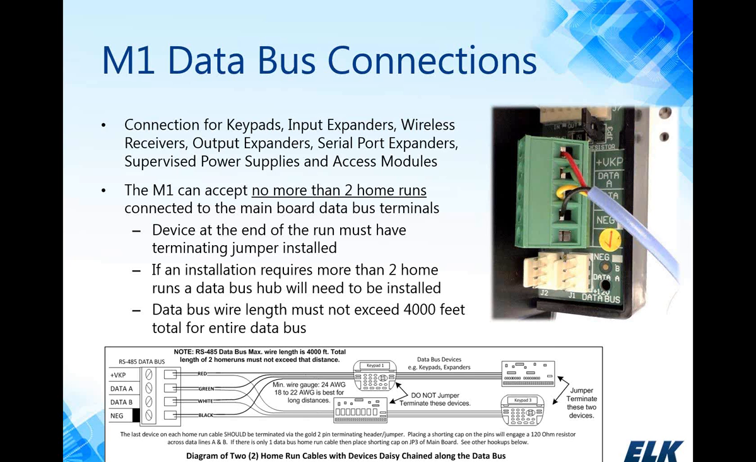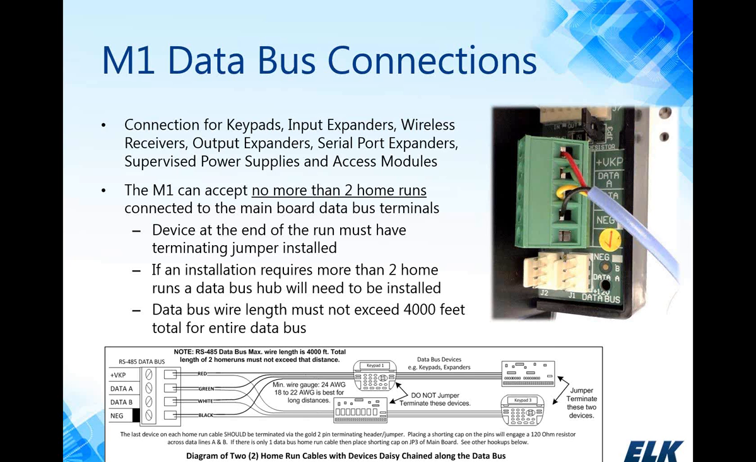You can have daisy chain connections of devices where you're going from the control to a keypad, and then say from a keypad to an input expander, and from that input expander to something else on down the line. You can continue through that, and you would terminate the device at the end. So you could have 2 runs like that, and you can see an example of that in the diagram below, where we have 2 runs, 4 devices, and the 2 devices at the end of the run get